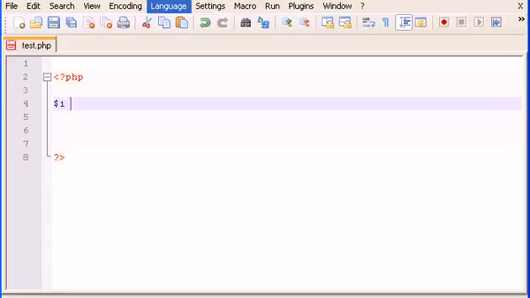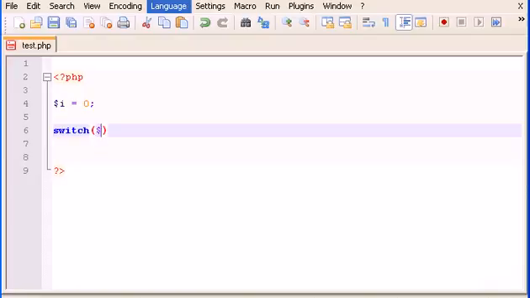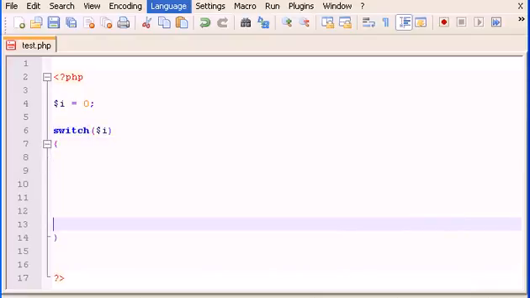So variable $i equals, let's say, 0, semicolon, and now we have to type switch, parenthesis. Inside the parenthesis you type the name of the variable, okay, $i. And now below you have to type curly braces, give it a space,